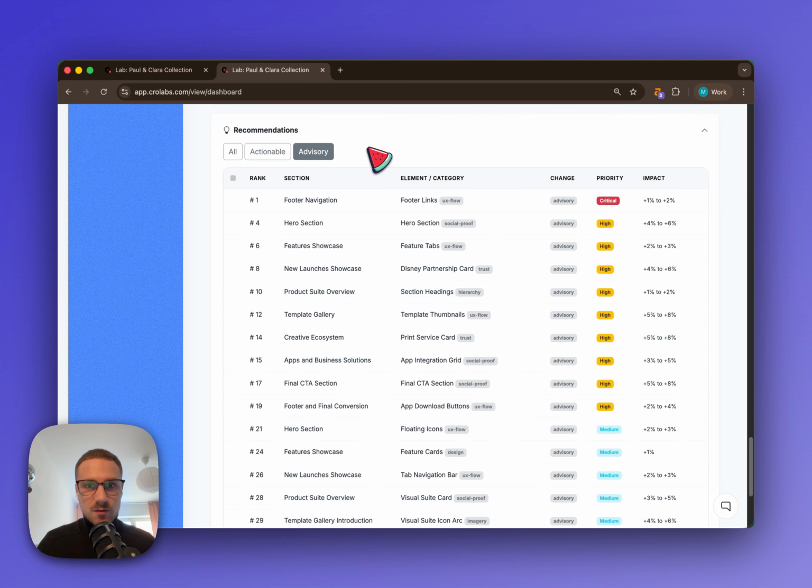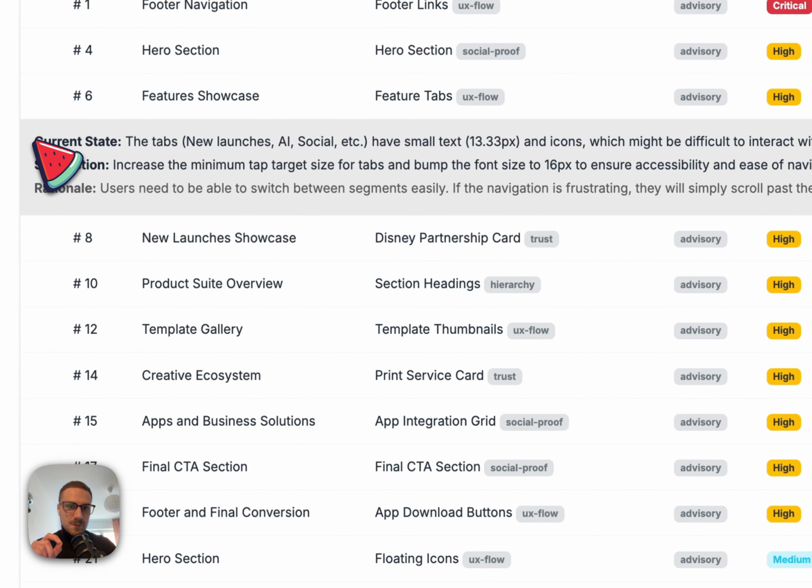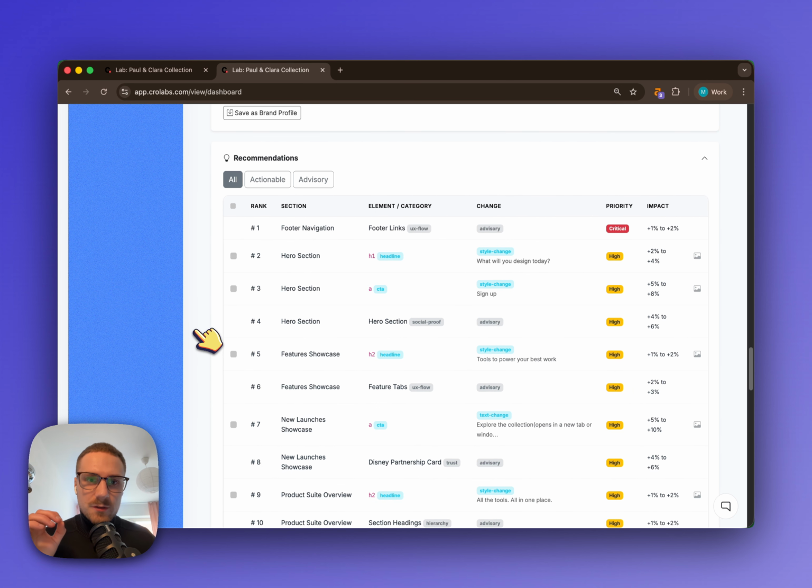Let's now look at the advisory recommendations. These are things that cannot be directly edited within the visual editor, so that's why we don't make them actionable. These are recommendations that you need to change on your website. For example, this one on the feature showcase. The current state is that the tabs have small text and icons, which might be difficult to interact with on mobile devices. The recommendation is to increase the minimum tab target size and bump the font size to 16. And then it also gives you a rationale. Users need to be able to switch between segments easily, and this is why the advisor gave it as an advisory recommendation. As you can see, we have 45 recommendations for this website, all categorized by priority and impact,